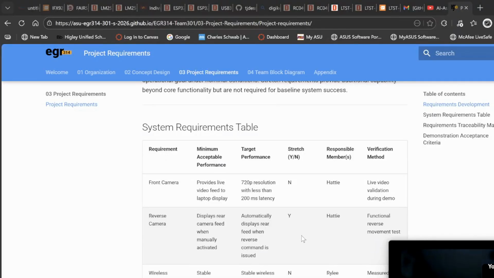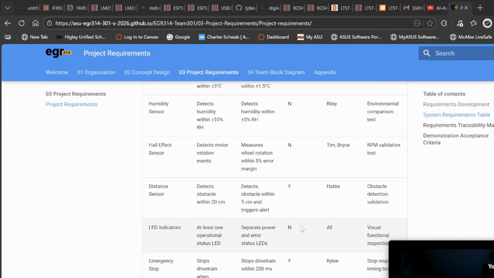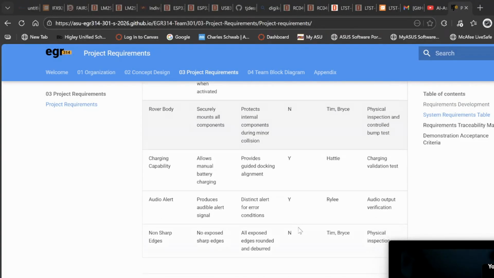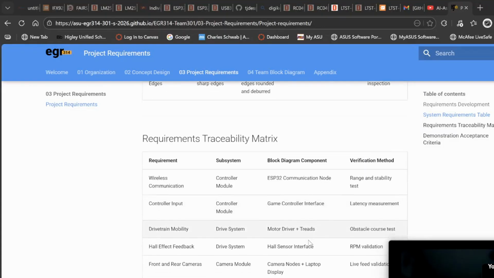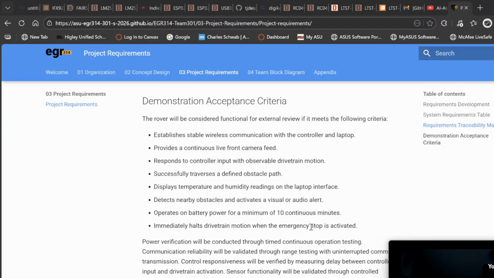The difference between having it a stretch and not a stretch is that not a stretch is that we have to have it. It's definitely a need. A stretch would be something that we could live without. So it's something that we don't necessarily need for our project. So for each of our subsystems, we listed all the possible things that we could have, all the safety features, everything. We made a design matrix, and then we finally gave a general criteria which established